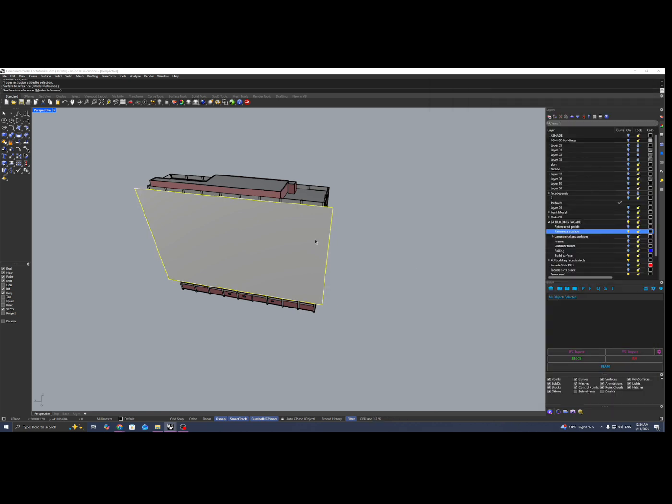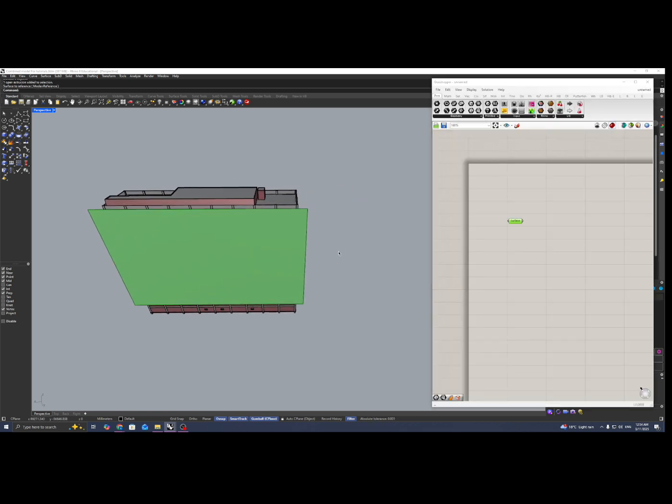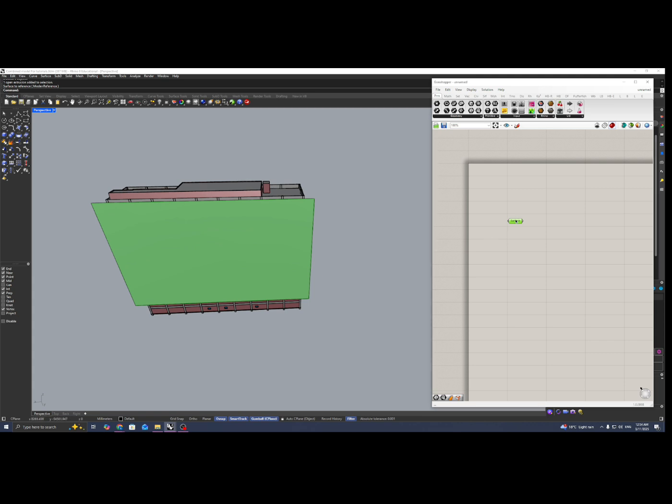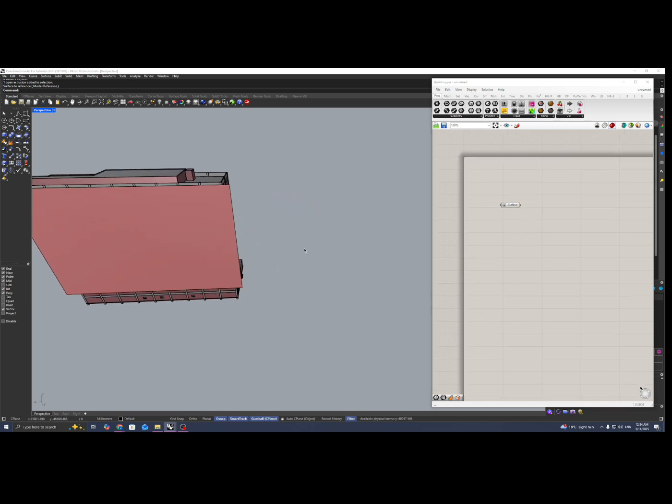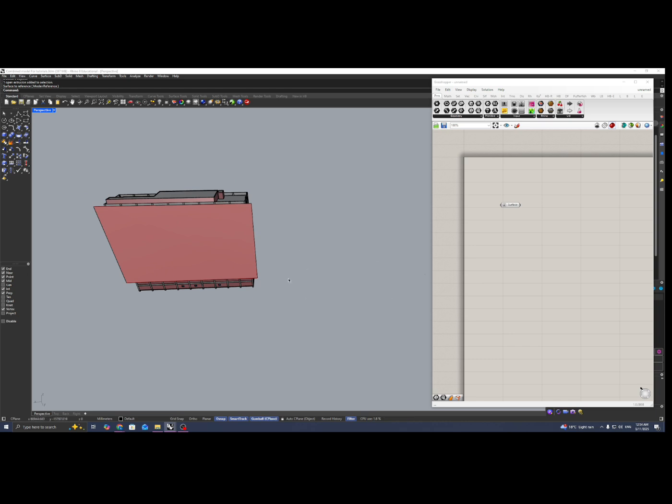So set one reference, set it to that. Cool. And before we move on, I'm just going to flatten this surface because that will help later on. And now I'm going to essentially rebuild this surface onto the origin plane just so it's a little bit easy to work with. So I'll grab a dimensions component,